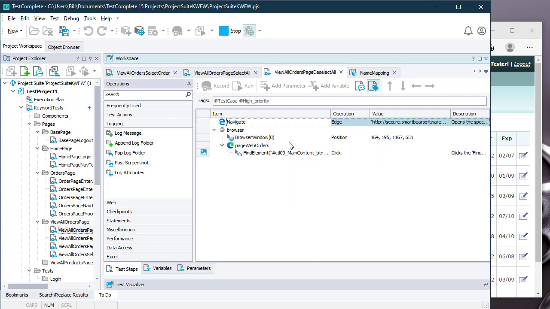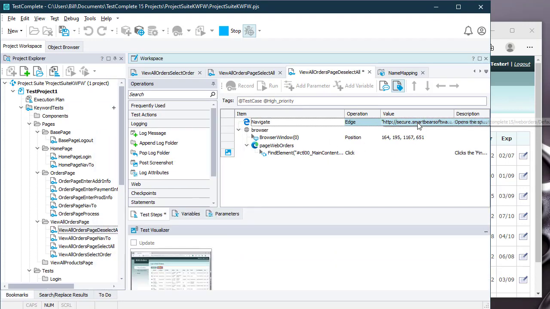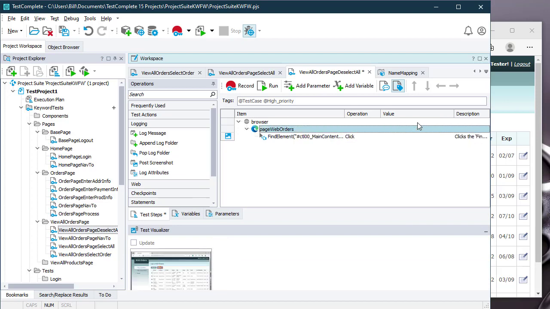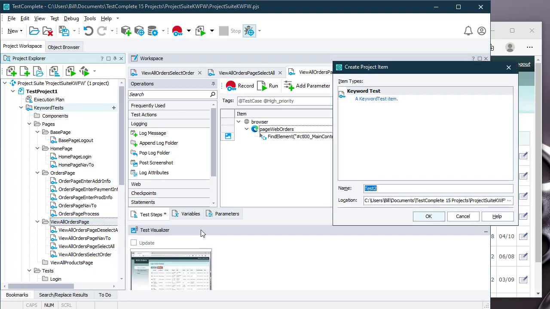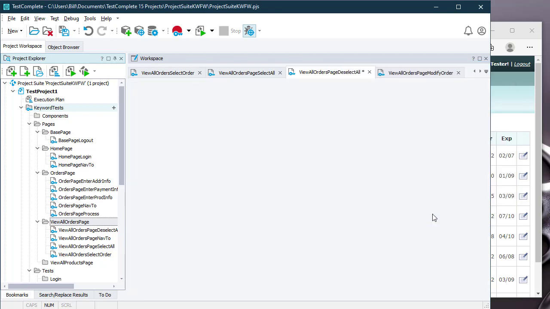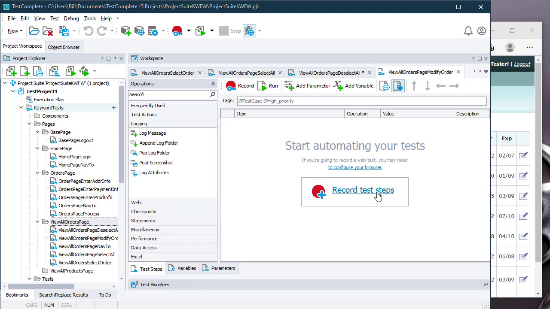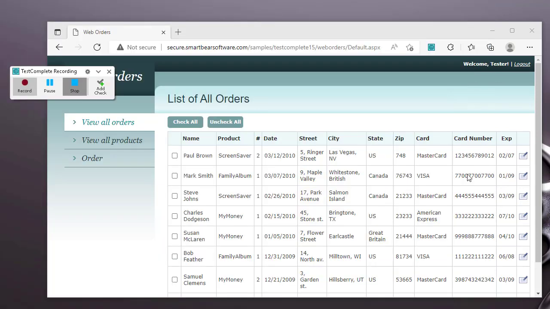piece of functionality of that page will be the keyword function to modify an order. So new item, and the view all orders page, modify order. Okay, click on OK. Record the test steps, and in this instance we just want to click on the modify order button for one particular order,